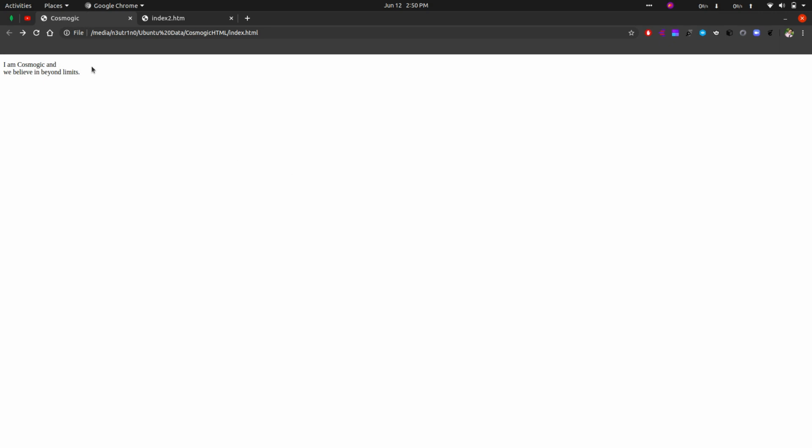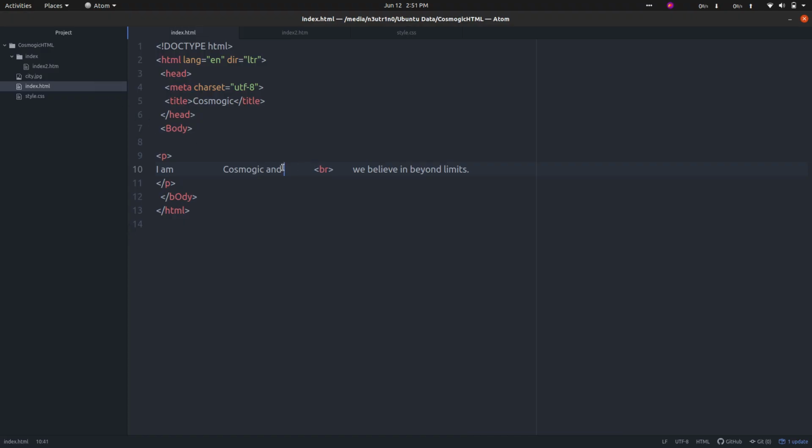You can see with the help of this break tag now we are in the second line. But what is the use of it? This problem is called the poem problem. When we want to write a poem or quotation or anything, to overcome this problem we have one more tag called the pre-formatted tag. Whatever we have written in this tag is rendered by the browser as it is.